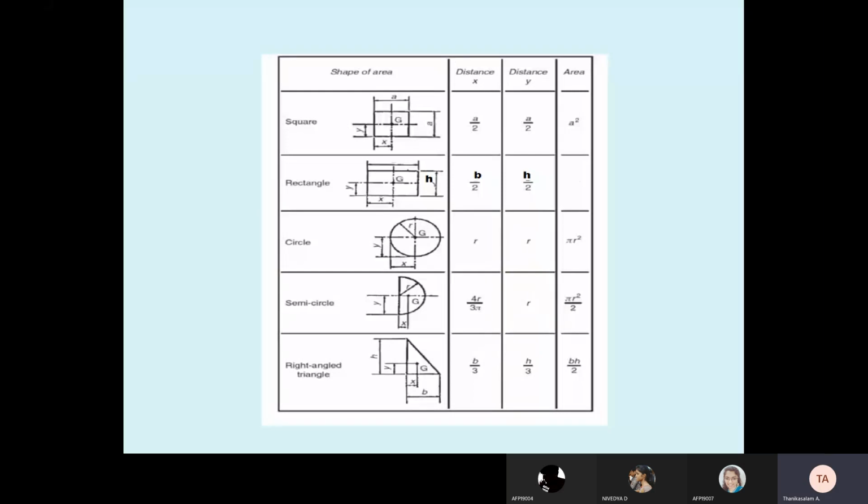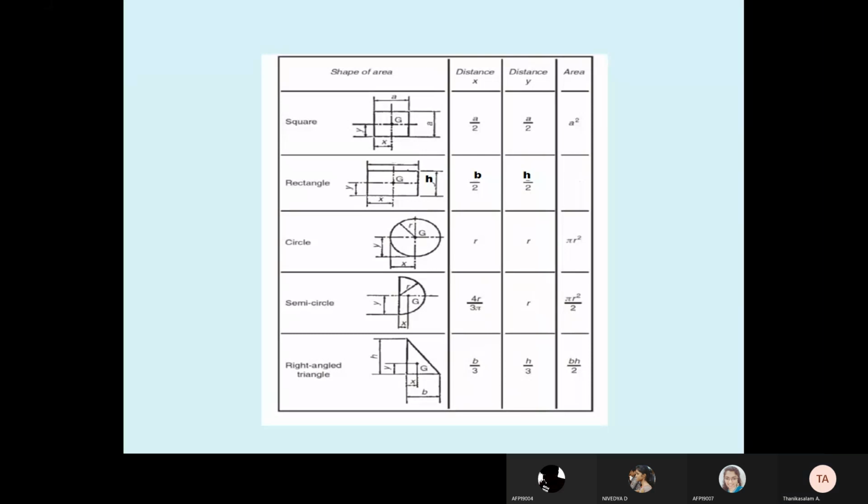And a semicircle, see the inverted one, this position is different. So here x bar equal to 4r by 3 pi, and y bar equal to r, radius. X bar 4r by 3 pi, y bar r for this orientation. Students, for semicircle, for this orientation, this is the formula. When the orientation changes, the formula will change. Okay. So you take this as the reference. For this position, x bar 4r by 3 pi, y bar r.